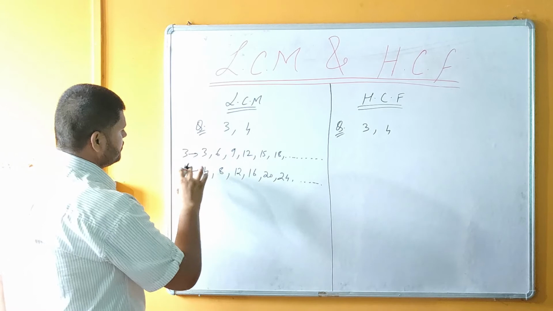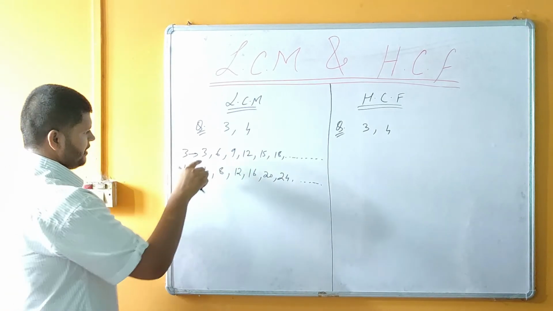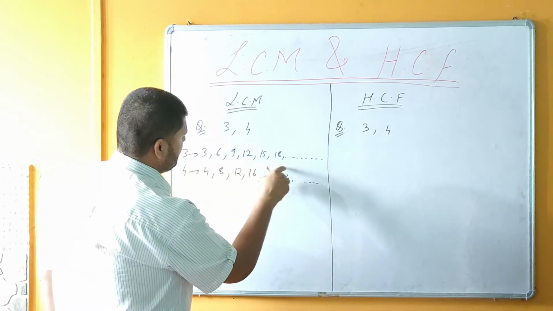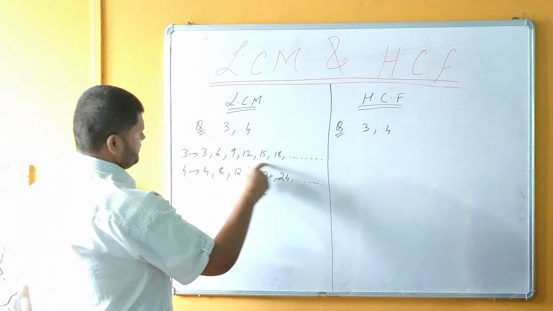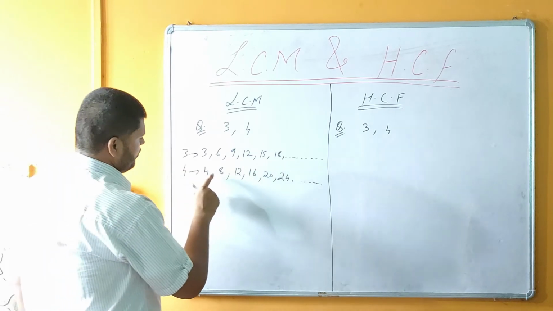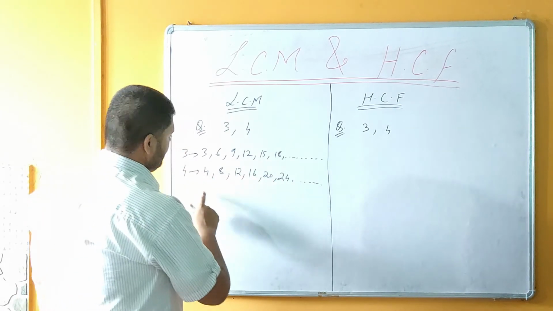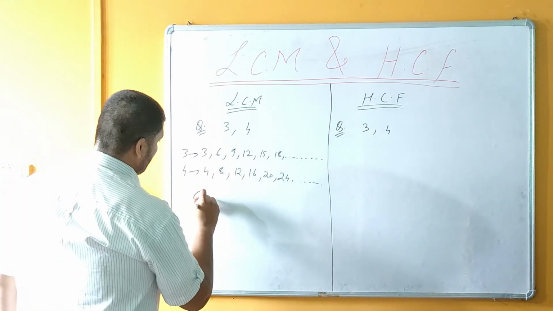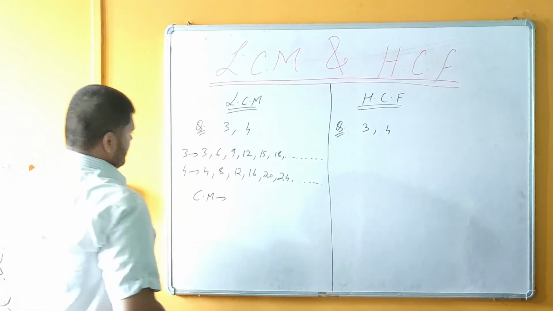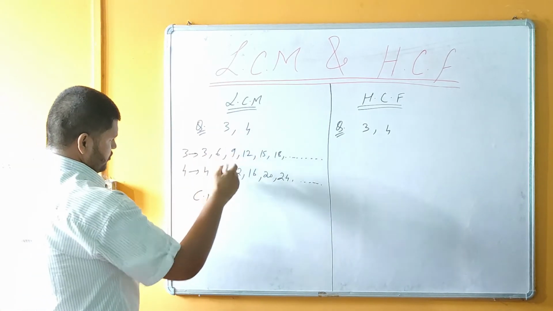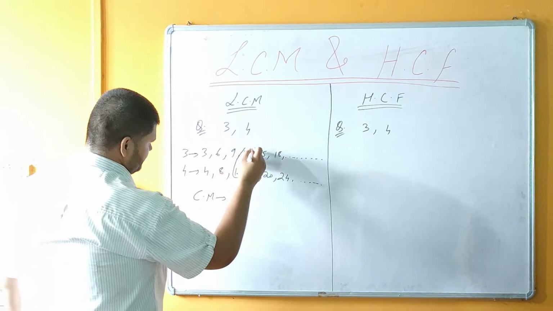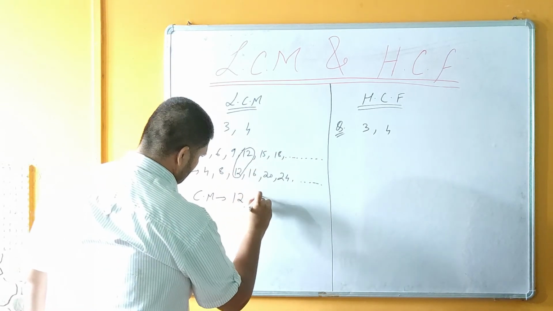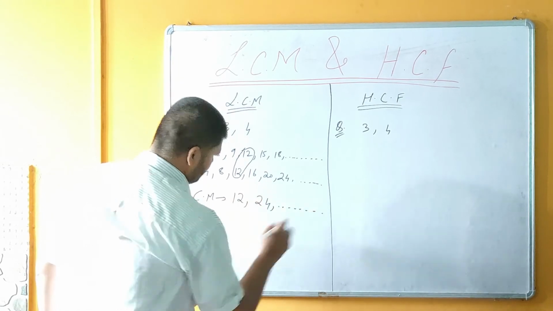Now we will find out the LCM. First, common multiples. Here we have found the multiples for 3. That is 3, 6, 9, 12, 15, 18. These are the multiples of 3, and multiples of 4 are 4, 8, 12, 16, 20, 24. In this way it will continue up to infinity. Now we will write the common multiples first. So we have to see what is common between these two. Here 12 is found. Similarly, it will give 24 as common. So we will write 12, 24, and it will continue up to infinity.